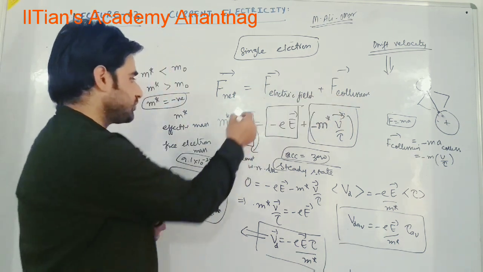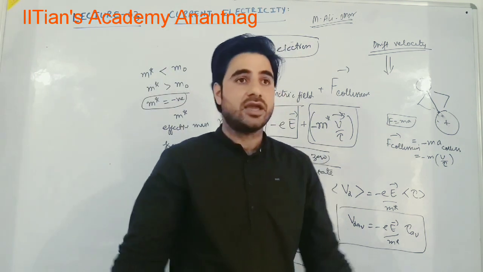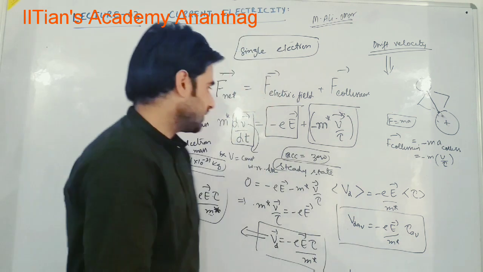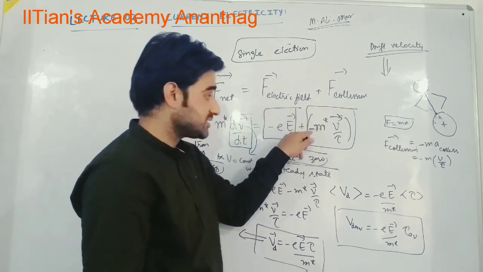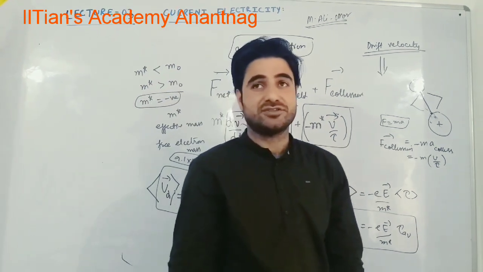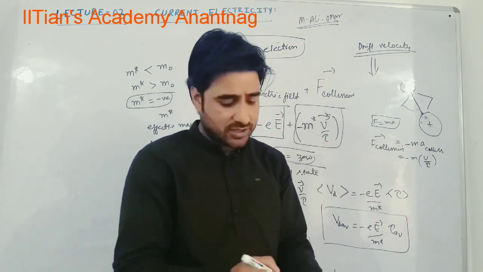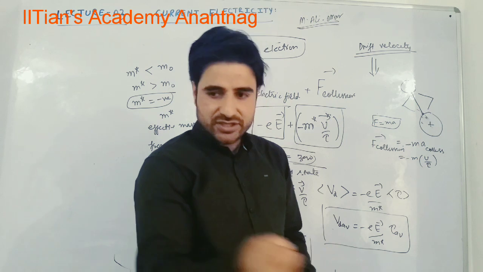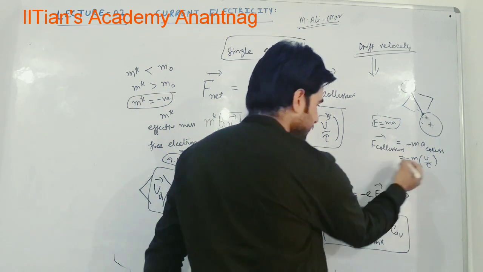Now I am using Newtonian mechanics, the biggest mistake, but as a beginner it is good. I cannot use Newtonian mechanics for electron, but as a beginner we have to start from this. Now if I use Newtonian mechanics, this is mass into acceleration, force due to electric field is minus E, force due to collision is minus m star V by tau. How did I obtain this expression? I did not know the exact expression for force due to collision, but it is mass into acceleration due to collision. Overall, the electrons start from zero average thermal velocity and get some drift velocity.